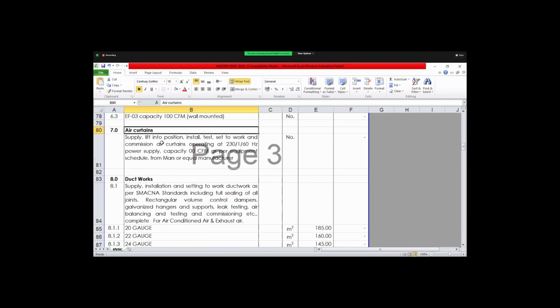What is the purpose of these air curtains? What do they do? They flow the air downwards and provide a barrier between two rooms. Maybe there is a kitchen, and from the kitchen there is a hall. So what happens is, during the cooking,